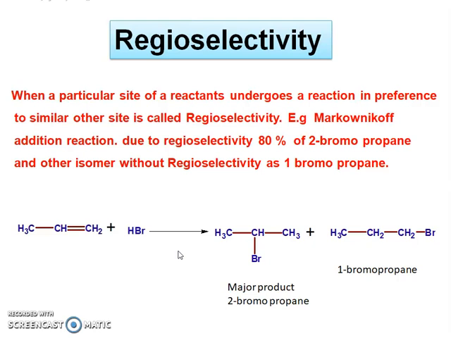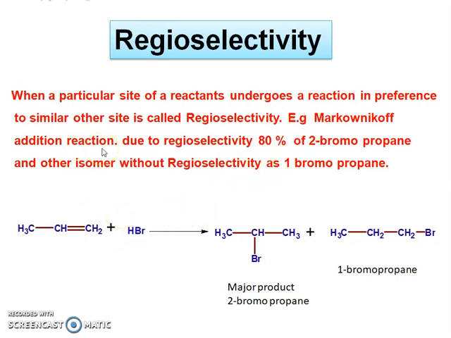Now we will see another example, which is regioselectivity. Regioselectivity means that when a particular site of the reactant undergoes a reaction in preference to a similar other site, it is called regioselectivity. It means that if a reactant has two sites, this one site and this other site, and one of the sites gives the major product or preferentially reacts, this is called regioselectivity. In other words, if the reagent reacts preferably at one of the sites, this is called a regioselective reaction. For example,